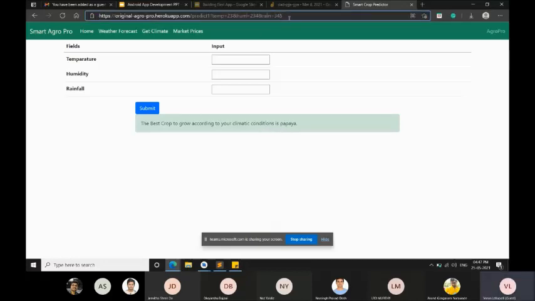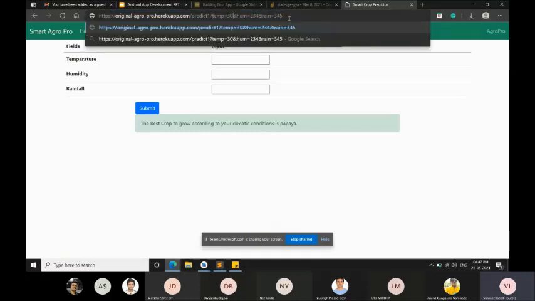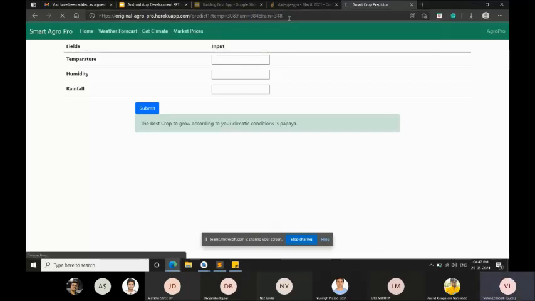As you can see here, this is the get request. I can change the values over here, like 30, and the humidity I can change, and the rainfall I can change from my Android app. So if I send, it will give me some output as an API response. So that is the main advantage of integrating a web service.